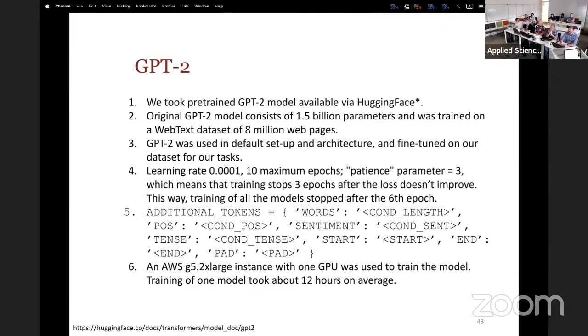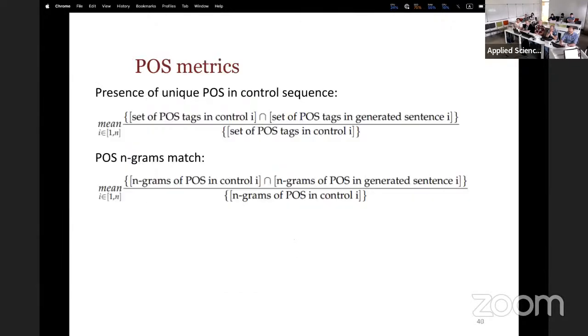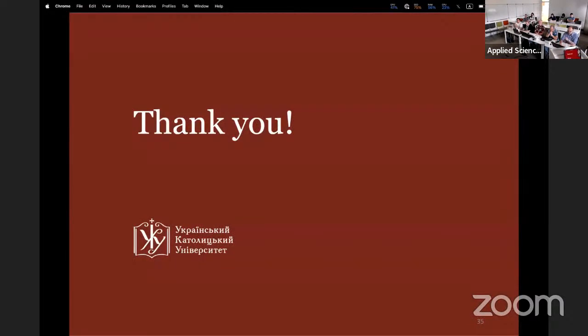My question is that your contribution is fine-tuning GPT-2, and then we compare it with ChatGPT, and ChatGPT is like the 3.5 version model. We also have the paid version, ChatGPT 4, we have a solution from Google, we have other solutions. Why did you choose only one to compare?